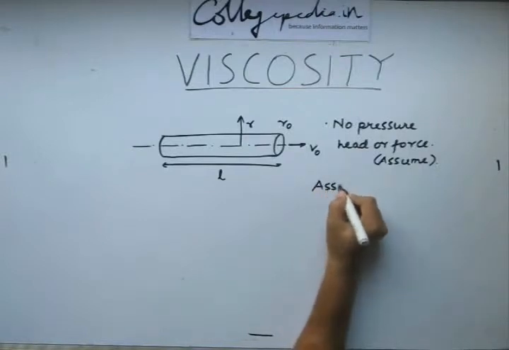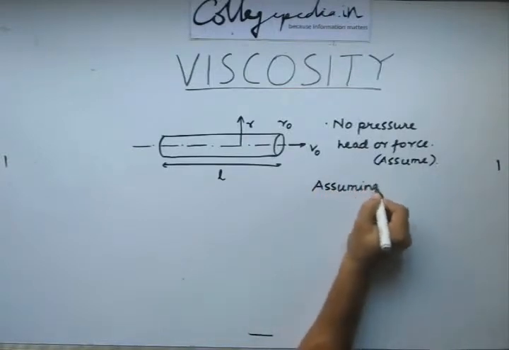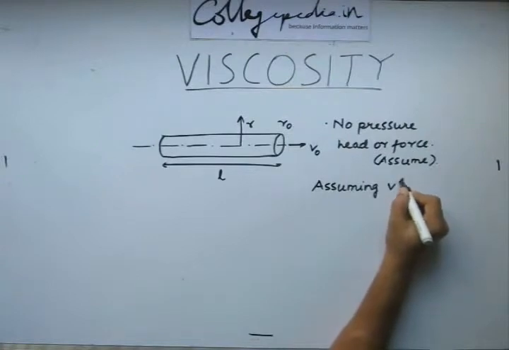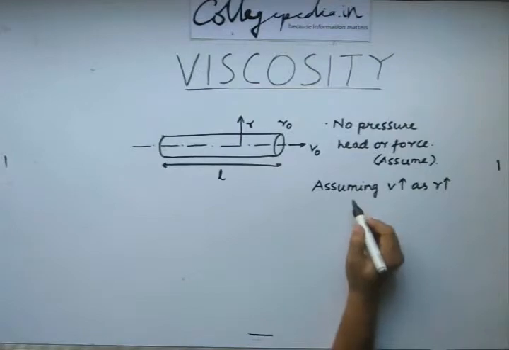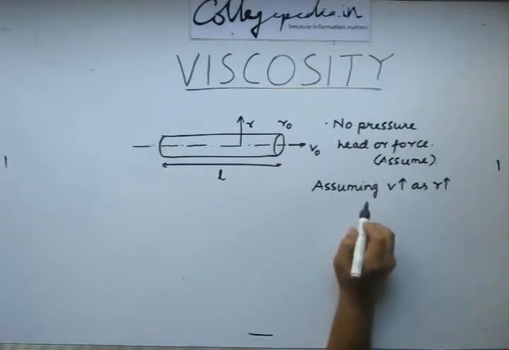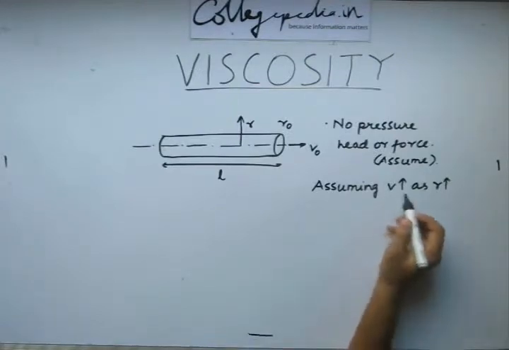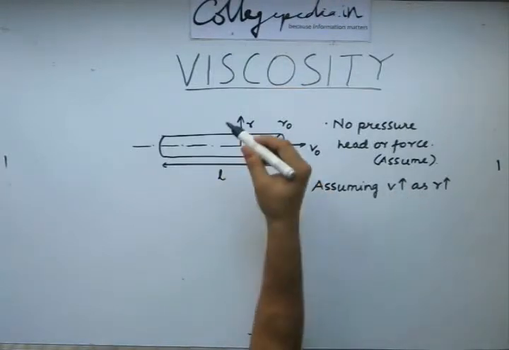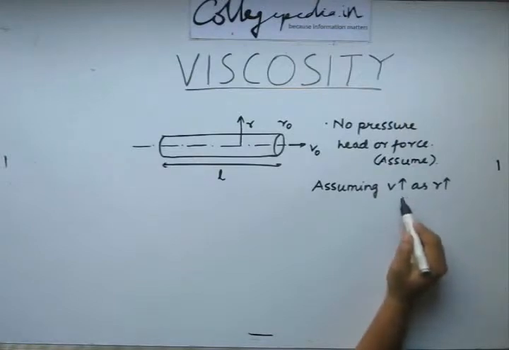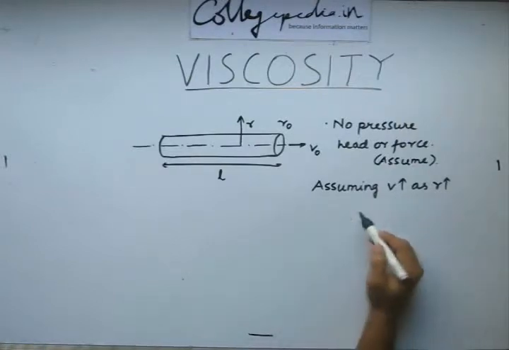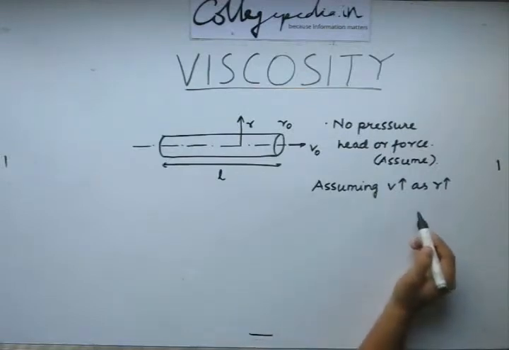We are assuming that velocity increases as r increases. Note that we are assuming so right now, but later on we might find that this turns out to be negative because velocity might not increase as r increases. This is something which is called a trial method. We try with something. If our trial was correct, we end up getting what we already assumed to be correct, else we get the opposite of it.